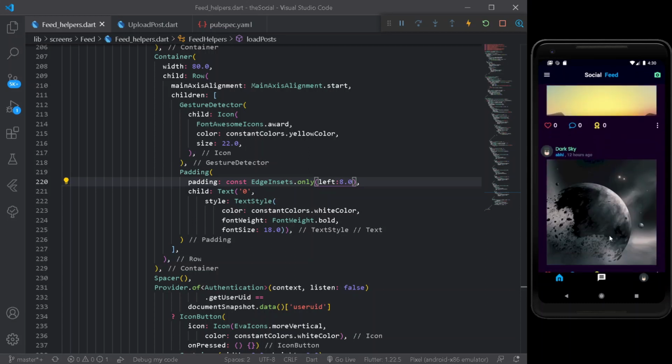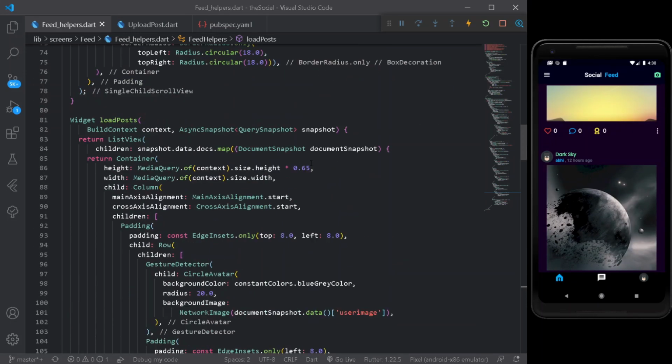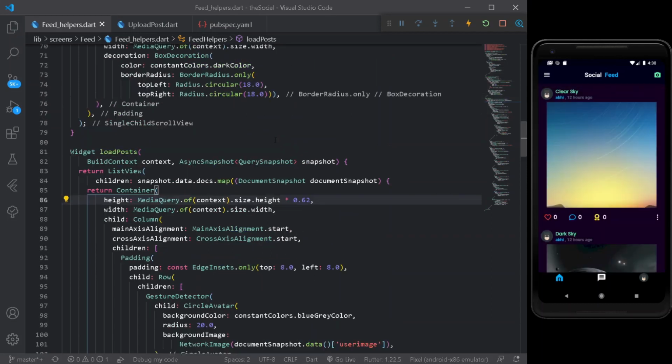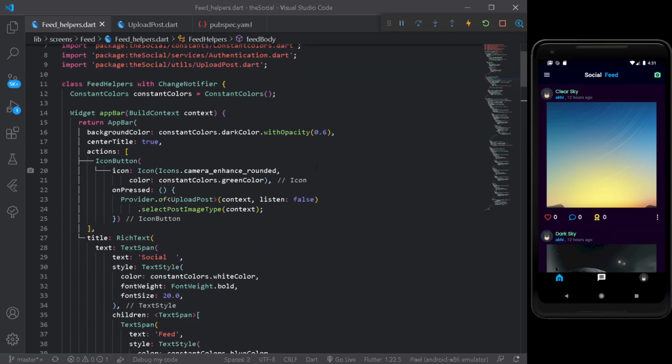Cool. We can't scroll down, so we need to fix that. But before that, let's go up. We have our 6.5, but we don't need 6.5. Let's try 6.2. Cool. This is looking cooler. So we can go up here and set the entire height as well. Now we shall be doing one thing.